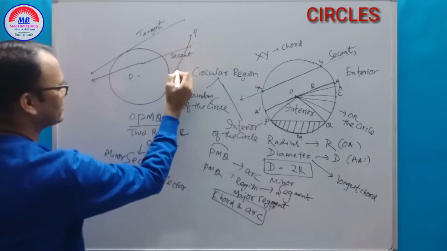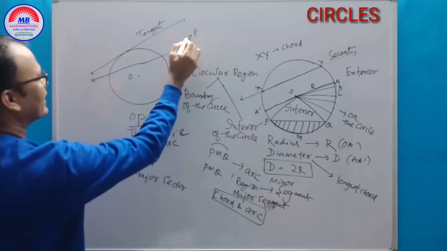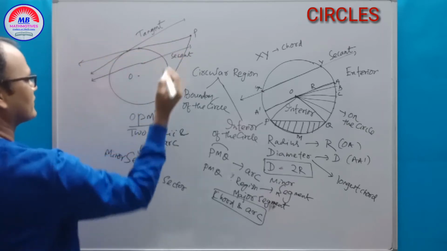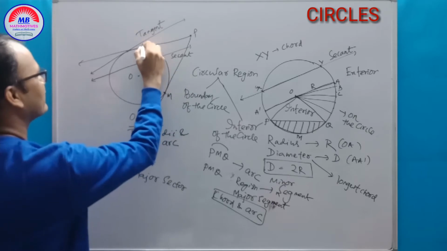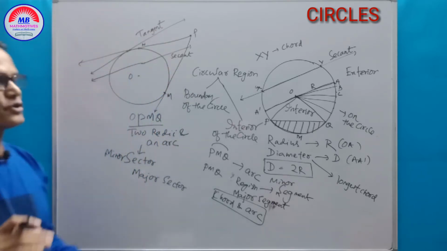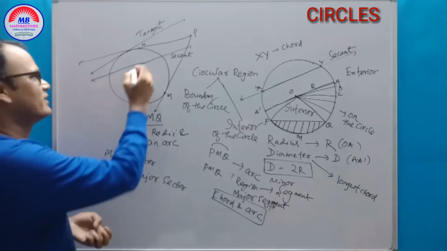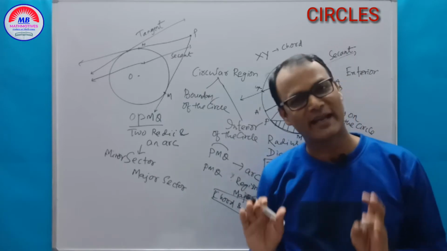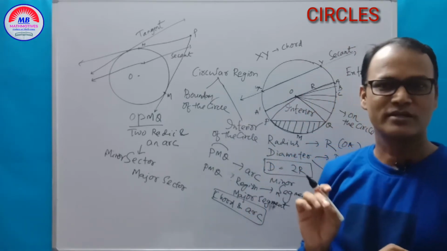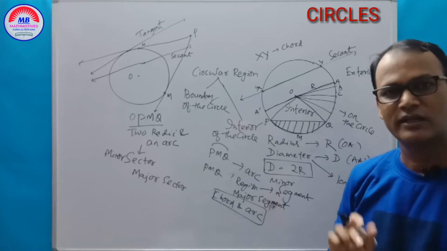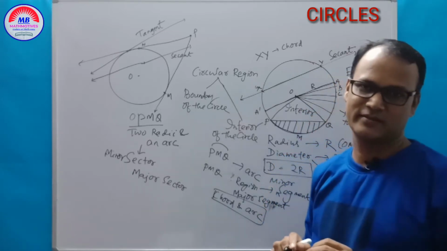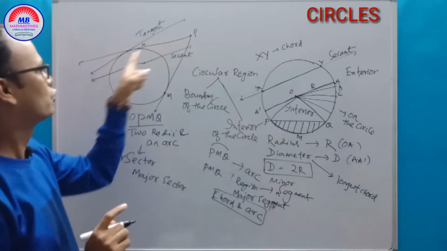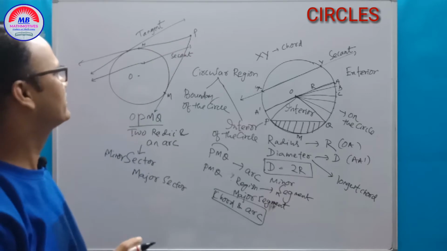Suppose here one, another, and we join, suppose this point. You may write M and N. These are the 2 tangents. So here you get: if there is an inside point of the circle, then we cannot draw any tangent through it. But if a point is given on the circle, then we can draw only one tangent. If an exterior point is given, then we can draw two tangents from it.